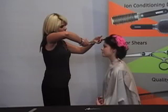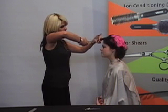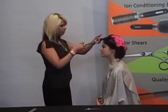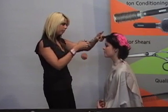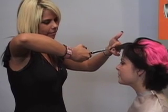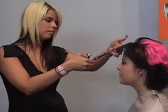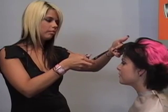Rotating shears can help out in many ways when you're working around the client's face. Now, for example, Antonella is demonstrating a typical position that you would be in if you were point cutting into the fringe with an ordinary shear. But now you see how she can drop her elbow and work in a much more comfortable position. Looking at it more closely, the awkward elbow up position where you really have no control and no support versus the elbow down against your side, much more supported, much more control, really puts you in a much healthier body